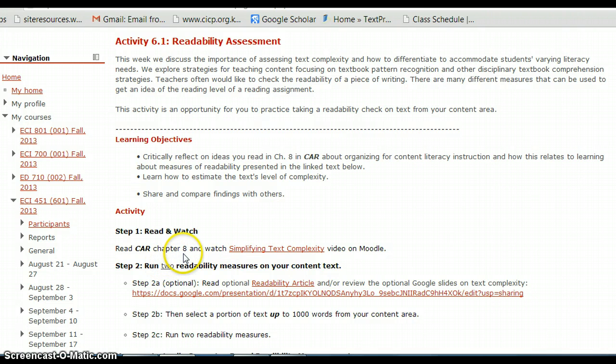So after you already read Chapter 8 and watched the video about text complexity, then you're going to run 2 readability measures on your content text. You can use something from your class if you're already teaching, or if you want, you can find something from the internet. So I am going to